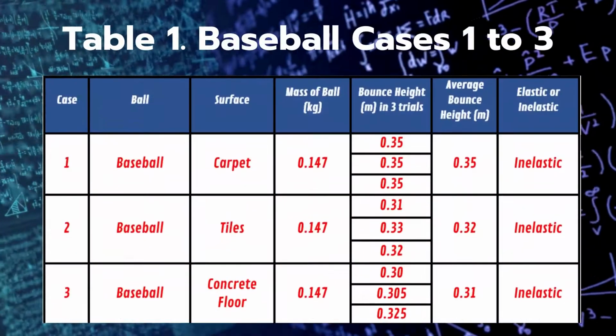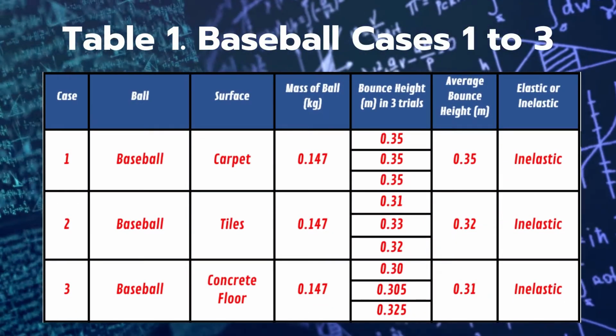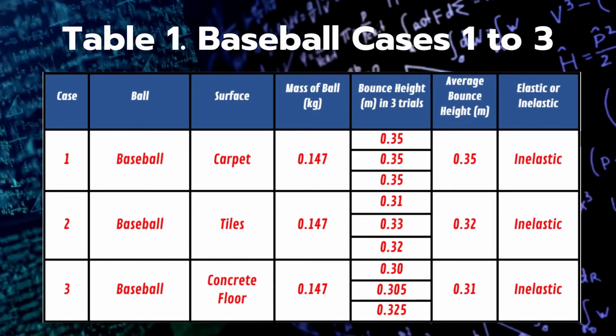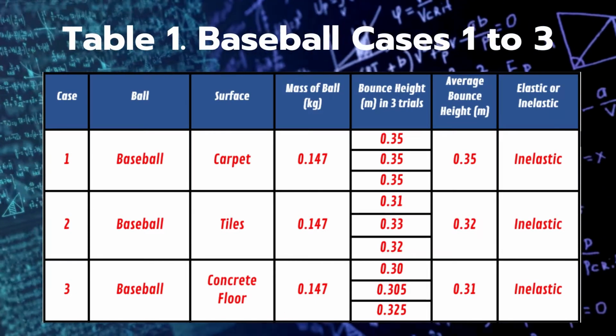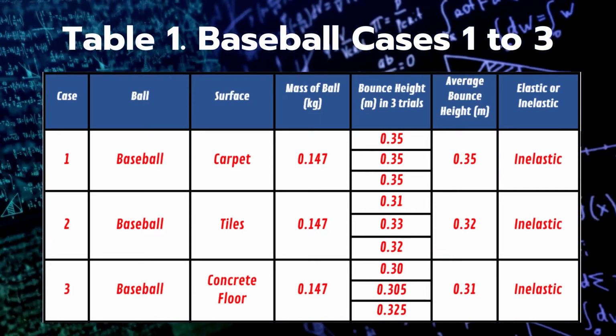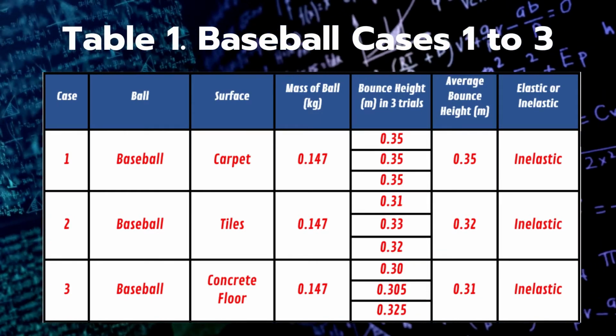So now we know about the step-by-step procedure as well as the execution of our experiment. We will now display to you the results as well as answer questions related to the experiment. As you can see in the table, we did 3 trials for each combination of ball and surface in order to produce the most accurate results. The baseball weighed 0.147 kilograms during the preparation of materials, which was the heaviest ball among the 3.